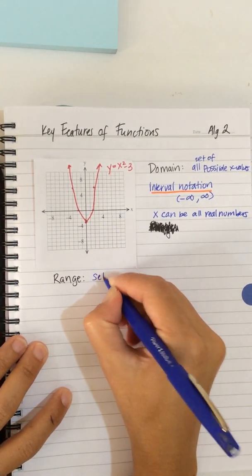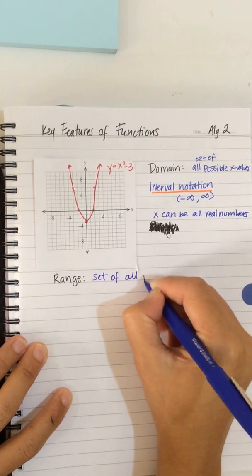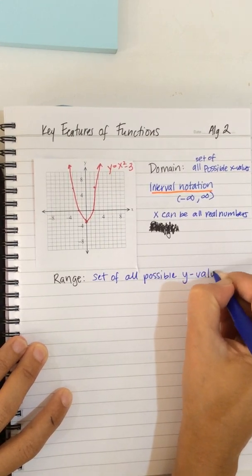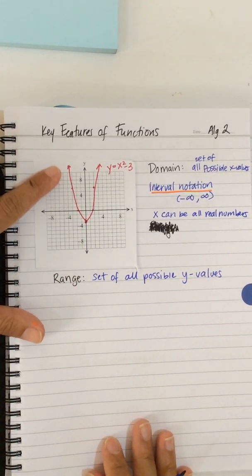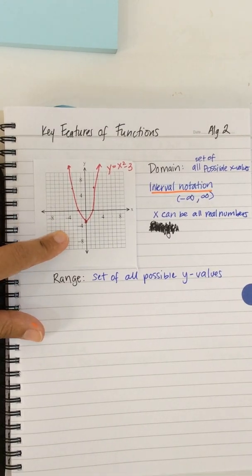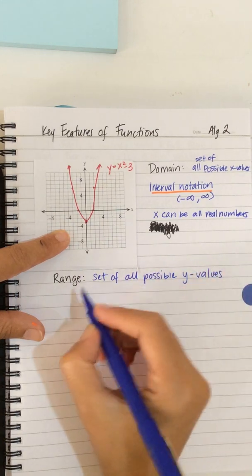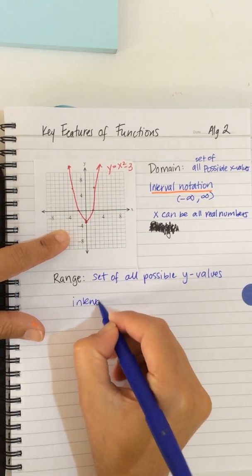Okay, so if domain is all the x values, then you guys already know that the range is the set of all possible y values, right? What's your output? So I'm looking at this, I can see my range is restricted. It has to be larger than -3. So if I'm writing that in interval notation,